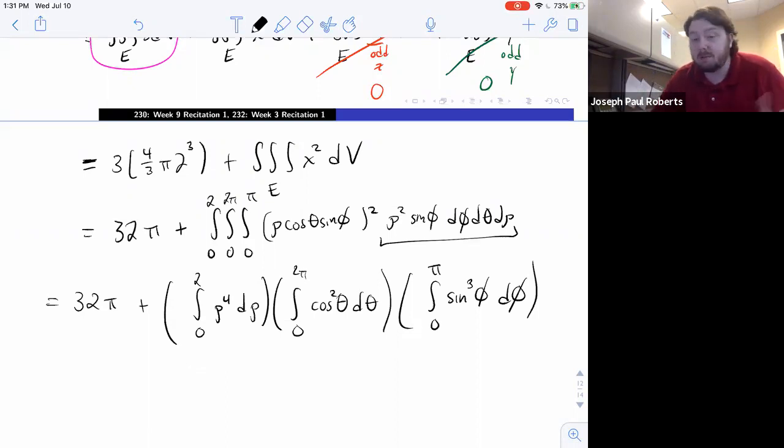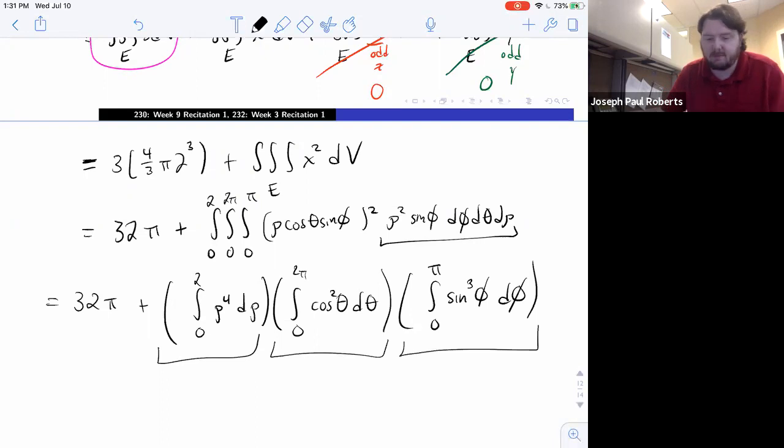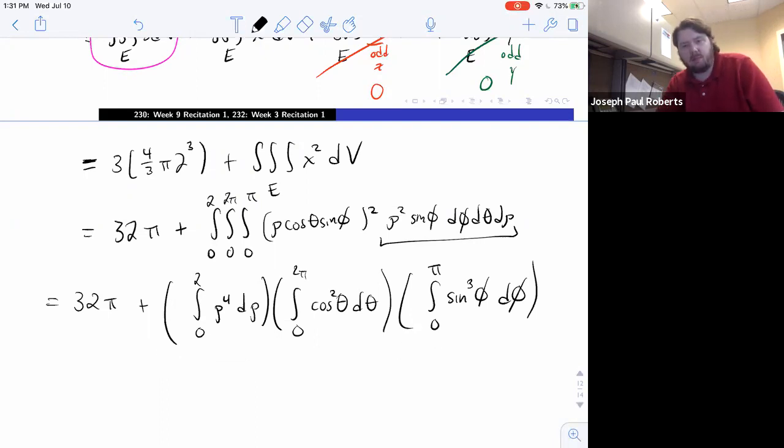So I don't know, it's up to you. It's literally the same amount of work. You're not really cheating your way out of anything. But for me, it just allows me to focus on the rhos, focus on the theta stuff, focus on the phi stuff. And I think all of us are going to have an easier time piece by piece instead of having one big mess that you're sort of iterating. So anyway,